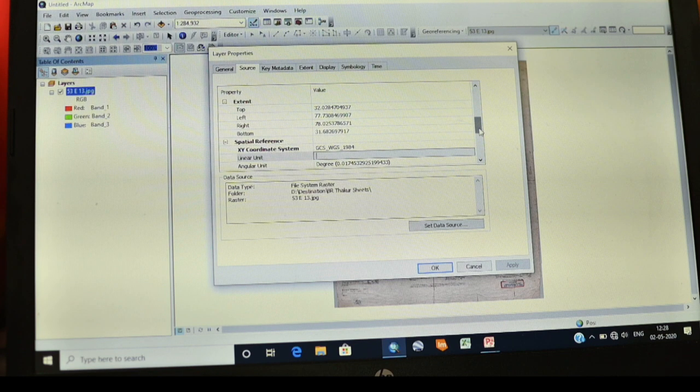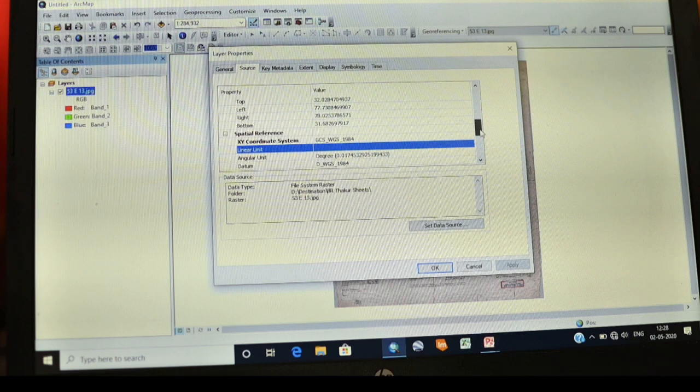Angular unit is degree. It means you have rightly input your input coordinate system, or you have added the geographic coordinate values to your raw image, but till now this is in the GCS mode, geographic coordinate system.